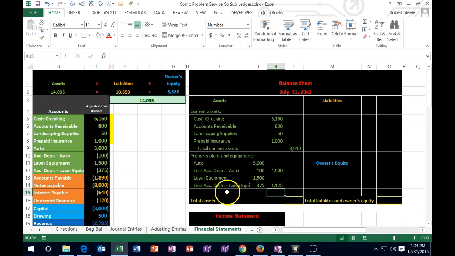All right, and so now we're going to sum this up and we're going to have total property, plant, and equipment. I'm going to put that in the outer column here. So we'll type in total property, plant, and equipment, and then I'm going to indent that. I'm going to go to the Home tab, go to the Alignment, then go to the Increase Indent 1 and 2 times, and then we're going to go into the outer column. And remember, we're not going to do anything with more than one column here. So in this case, it's not like I'm going to jump over here and be adding this up. What we're going to